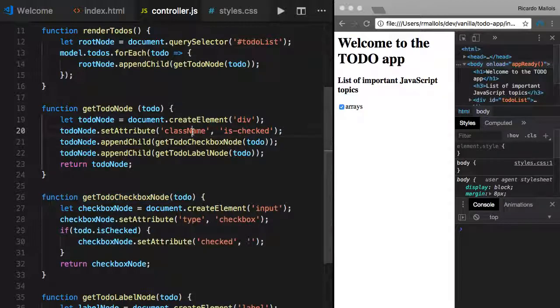Isn't it class? It's class, yes, you're right. I'm still thinking in React. You see, it says class. Indeed, you're right. So the class attribute and then the value is checked. So then on my CSS,